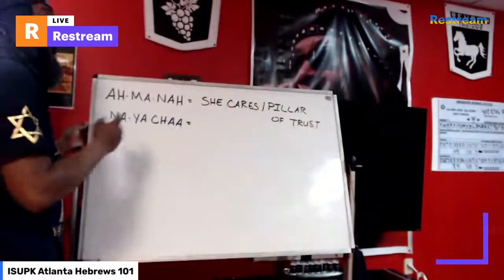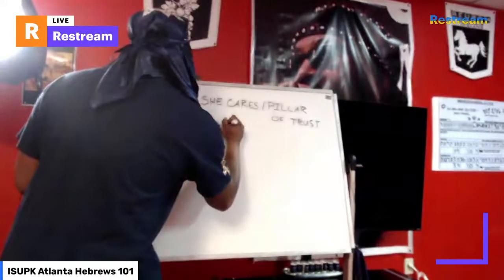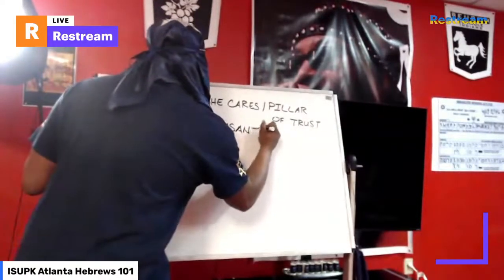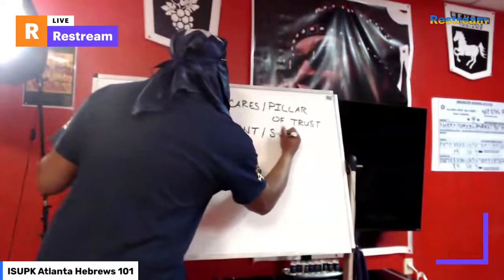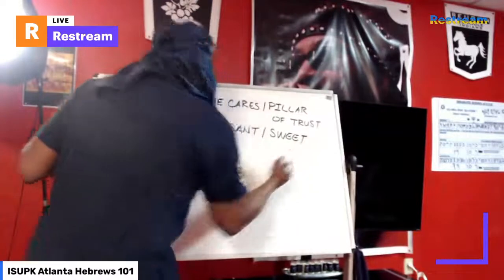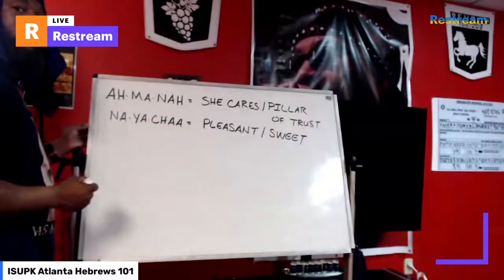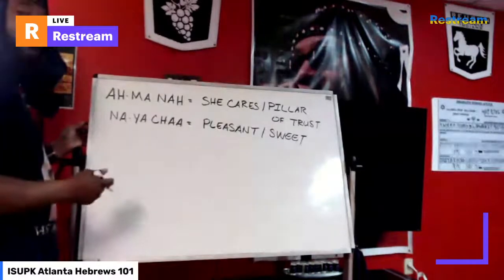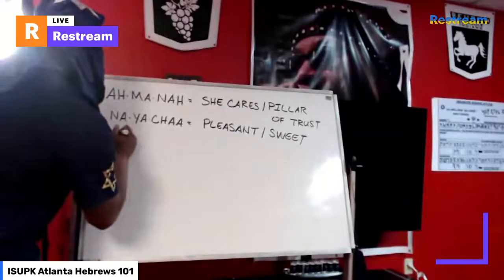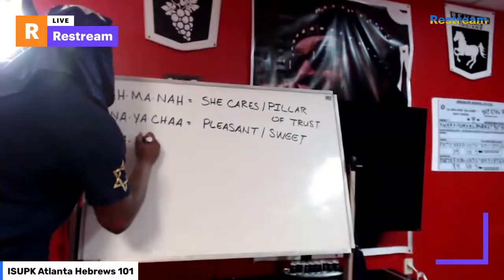Now your ka, right? Means pleasant or sweet. All right. Pleasant or sweet. Cool. Now here's something. Here's a word that you'll hear in some sisters' names,